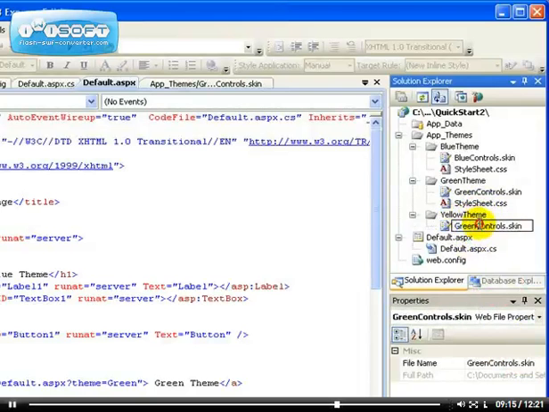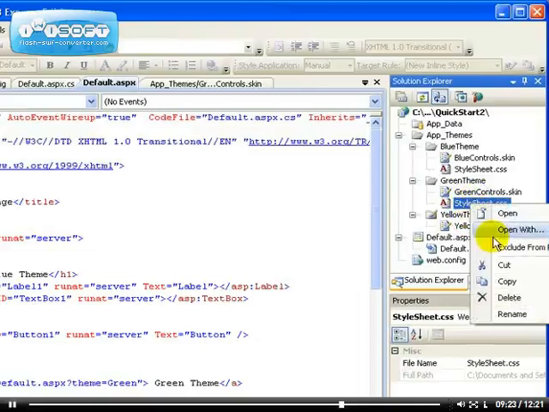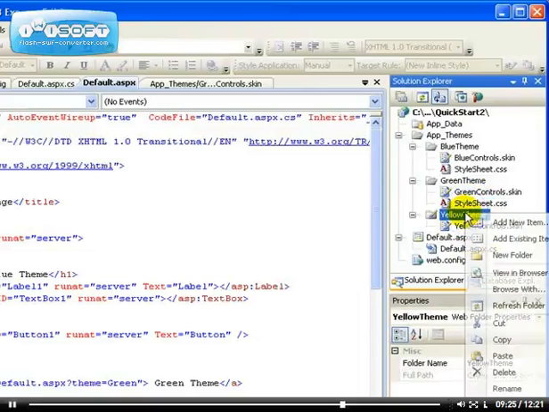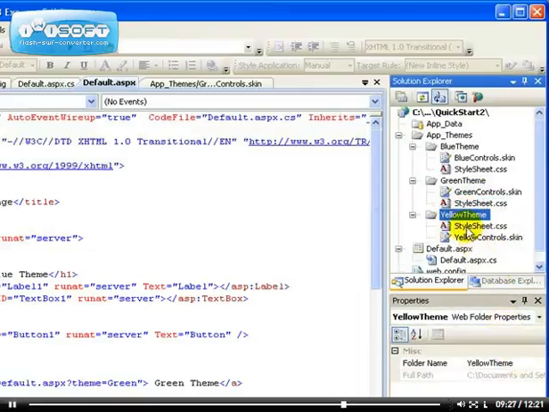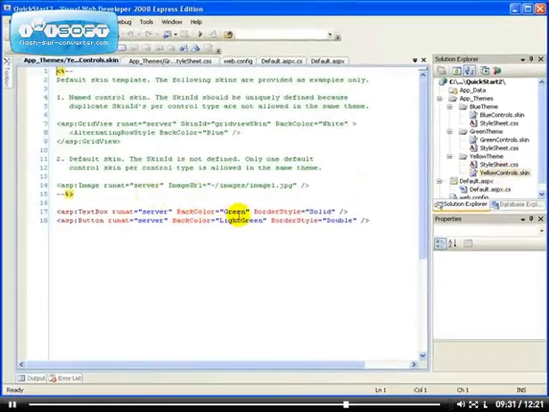I'm just showing you all the shortcuts that you can use. Yellow. And also I can copy this as well, paste it into the yellow theme, and call that mustache shade. So if I open this, I change the back color to yellow,